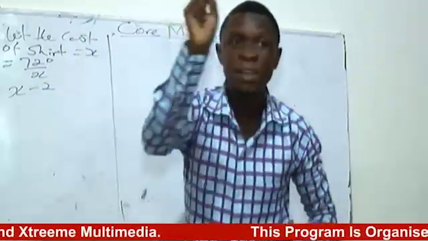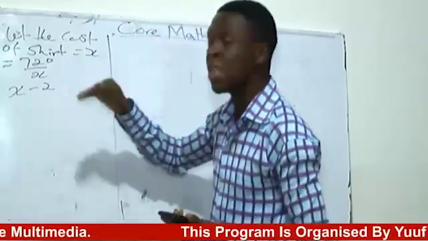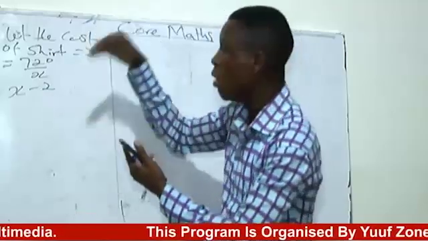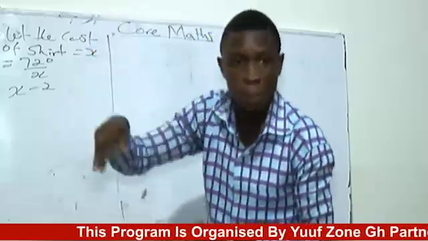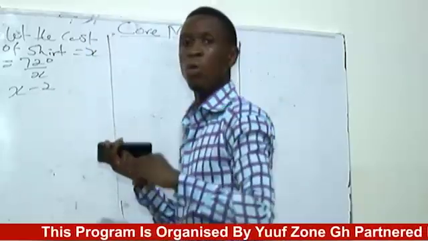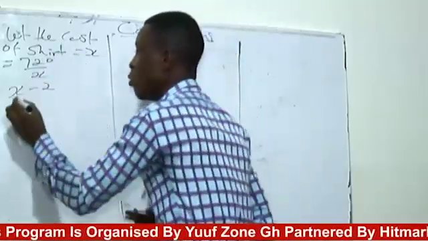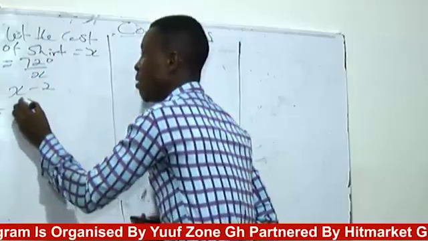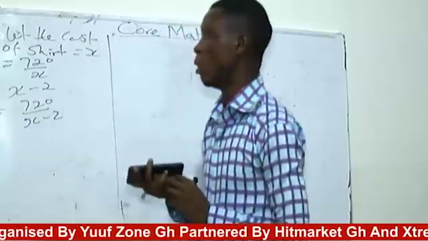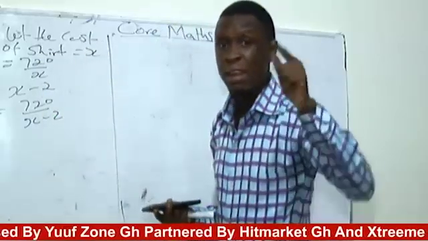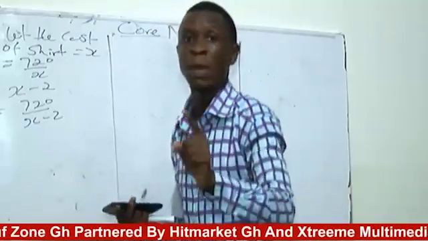When you take the 2 cedis from the 32, you'll be having what? 30. You'll be having 30. But when you come to the main question, whatever answer you get, you are going to take 2 cedis from it, which means that is 2 cedis cheaper. So now this is for the cost. Now we look at the number of shirts that can be bought if it is 2 cedis cheaper. That will be 720 over S minus 2. So now you will join these 2. And in the question, don't forget, they say to get 4 more. The moment you hear more, we are talking about plus.